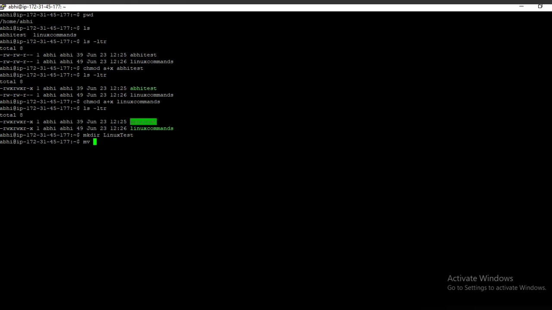Now, as this is an empty directory, we will move a file. We can create a file also. We will move the first file, and we will see. Now you can see here that we have moved the file, and the blue one is the directory that we have just created, and the green one is the file that we have moved into this directory.